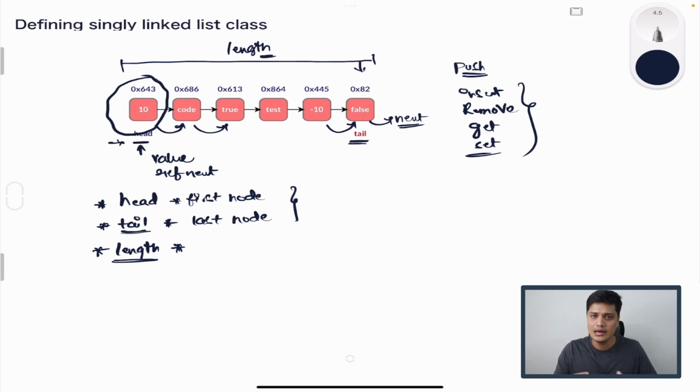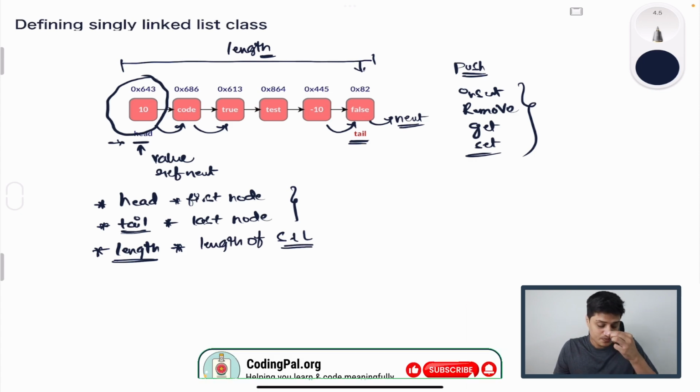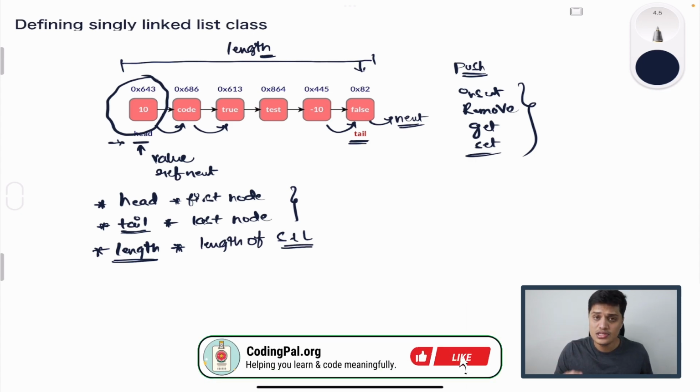This will basically increase the time complexity. So to make sure that we are bringing the time complexity down, we will also make sure we are maintaining the length of the singly linked list as well inside our implementation. So these three variables we are maintaining inside the class that we are going to define for representing the singly